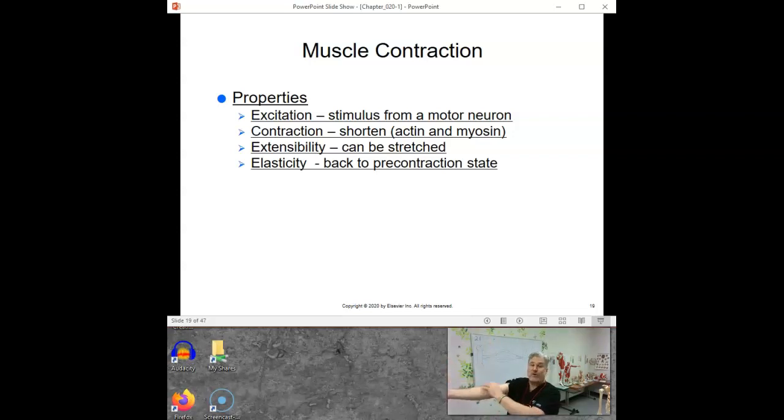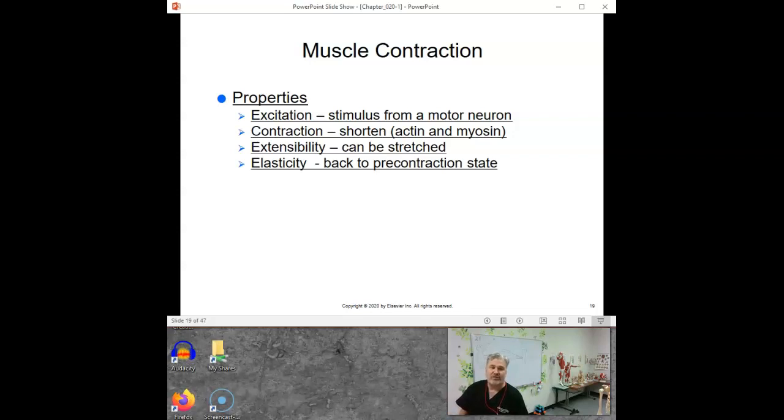It is extendable and it can stretch, and muscle tissue can stretch really because the fascia inside it can stretch, right? But I just want to be very clear. It's not a power of the muscle. It doesn't do it. It's an ability of the muscle. It can be stretched. It is elastic. It's elastic because of the fascia in it, by the way. And this elasticity is also due to the fascia, because fascia has elastin in it. It's got a property that's really like rubber bands, so it will go back to its pre-contractile state. It'll just kind of fall back into place. But it's not pushing itself back into place, all that kind of stuff.